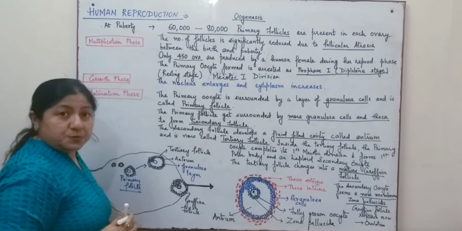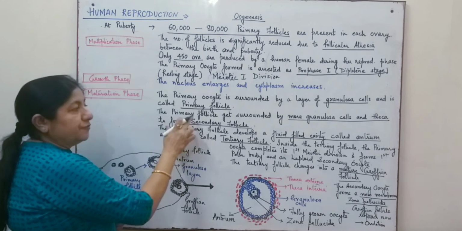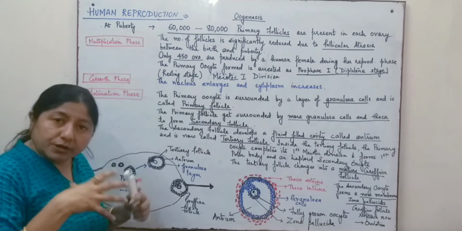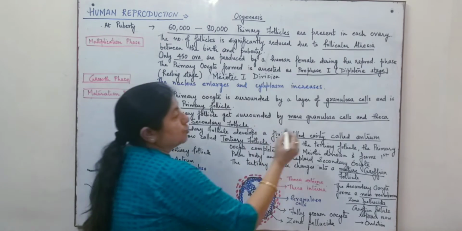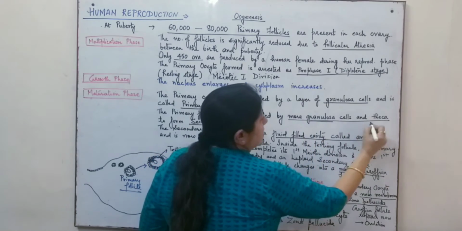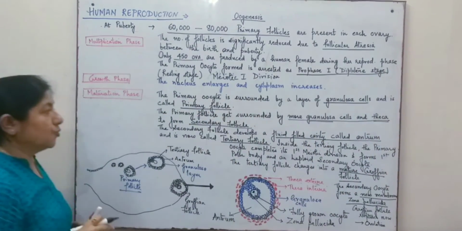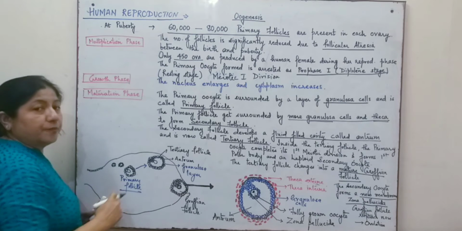Now it will be called a primary follicle. The primary follicle gets surrounded by more granulosa cells and then theca cells. So these are two more different types of cells which are present over there,